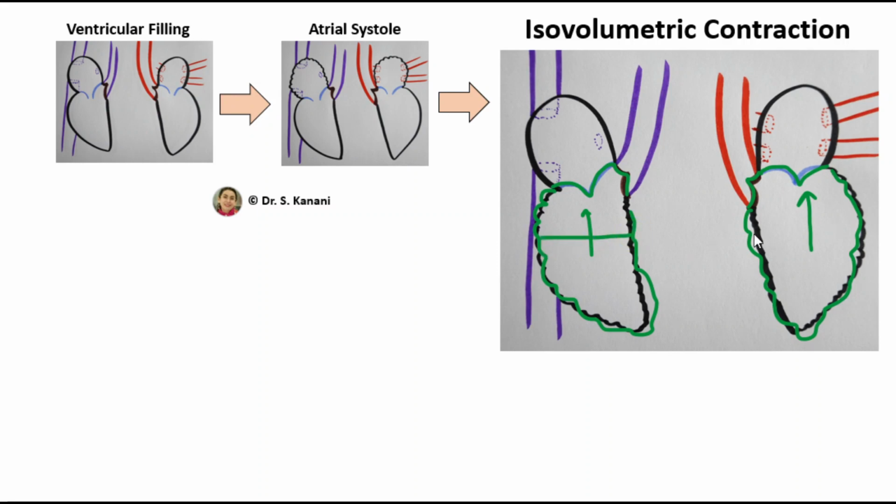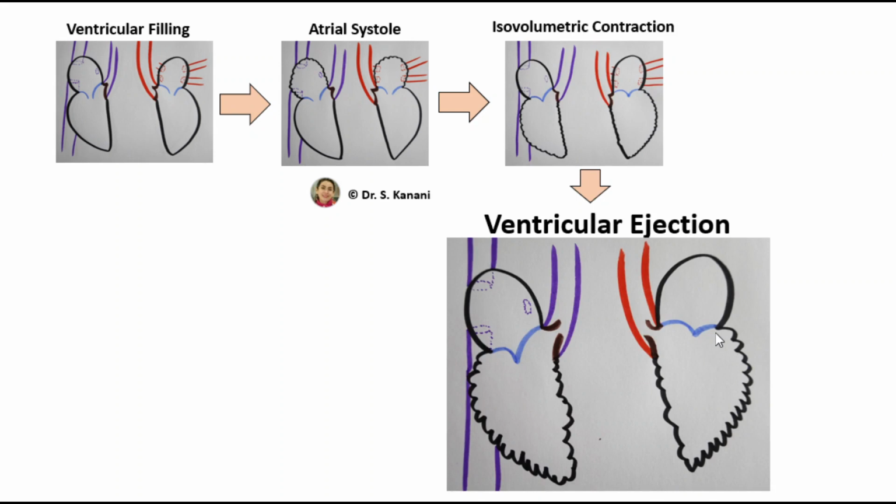Basically, the volume of blood that we have inside the ventricles does not change because all four valves are closed. And that's exactly the name of this phase. The volume of blood does not change inside the ventricles because all four valves are closed while ventricles are contracting. The name of this phase is isovolumetric contraction. Contraction of the ventricles becomes more forceful and applies fresh pressure on the semilunar valves,